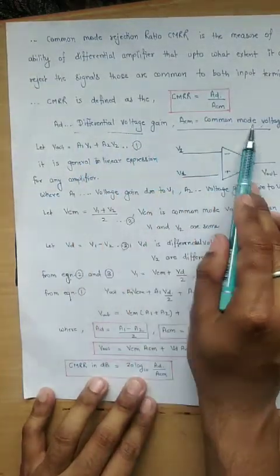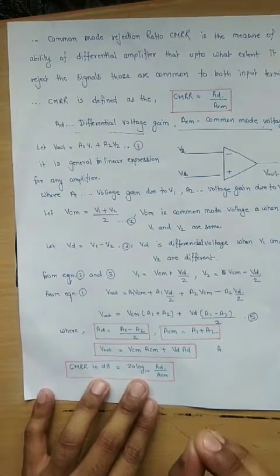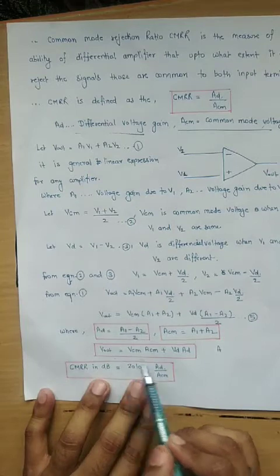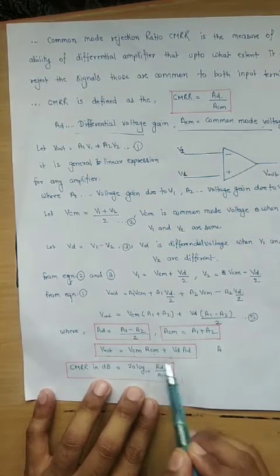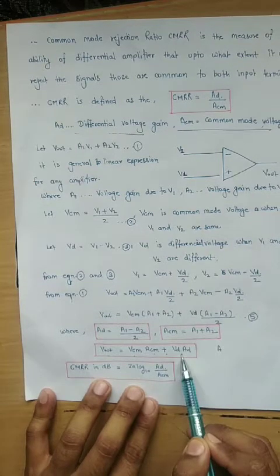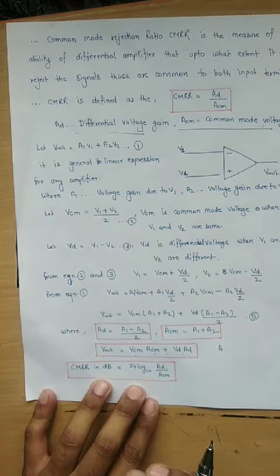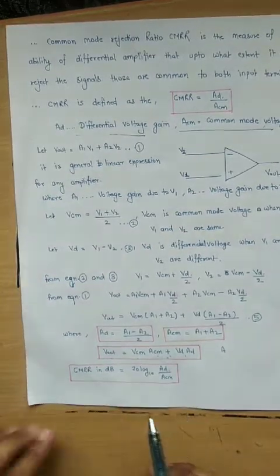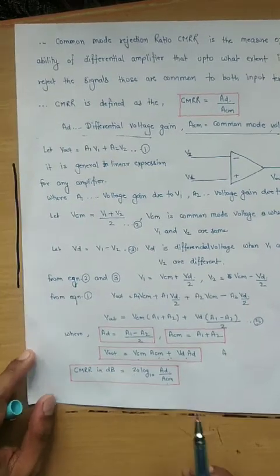Differential voltage gain and common mode voltage gain. So this is the process to find out the common mode voltage gain and differential voltage gain. So we can rewrite the output equation. V out is equal to VCM into ACM plus VD into AD. And if I want to write CMRR in dB, because these are voltage gains, I have to write it as 20 log of AD by ACM. So in the next